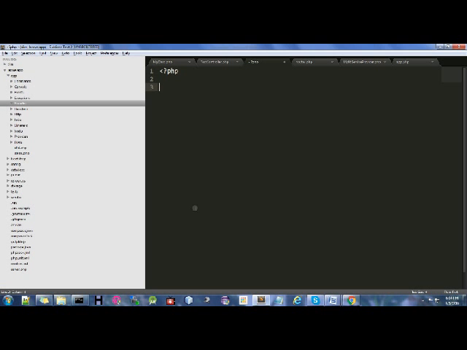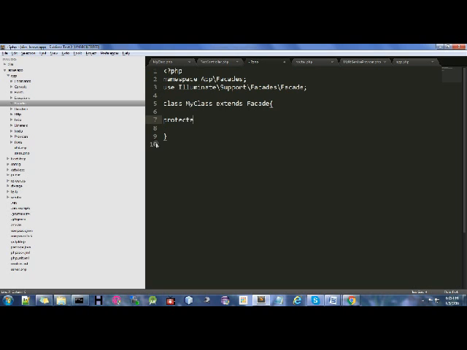I'll use namespace and these two lines, which have to be used in the facade. Then my class name, MyClass extends Facade.